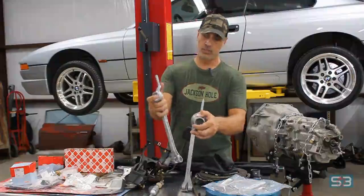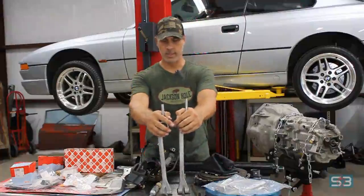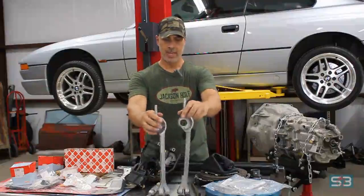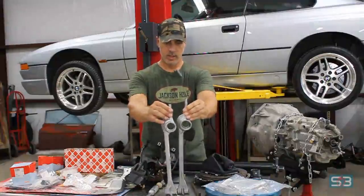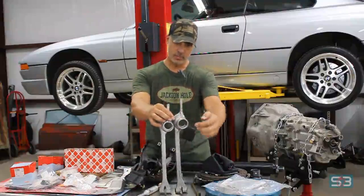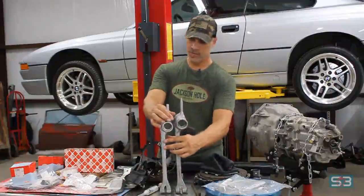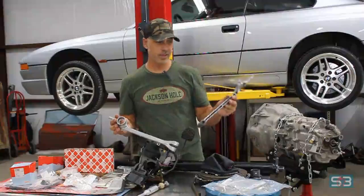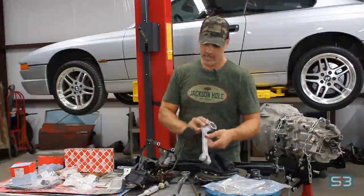The other thing specific for the E31 is the shifter arm. So the shifter arm I got from the same guy. But this is the E39 shifter arm from the donor car. It looks almost identical. Obviously, the tips are a little different, but the design, the offset, they're all the same, except the one for the E31 is a little bit closer to the transmission. This is a little higher on the E39. I don't know if that'll make much of a difference. So if you're doing the swap and you want to try an E39 shifter arm, it should work. You'll probably need a different length